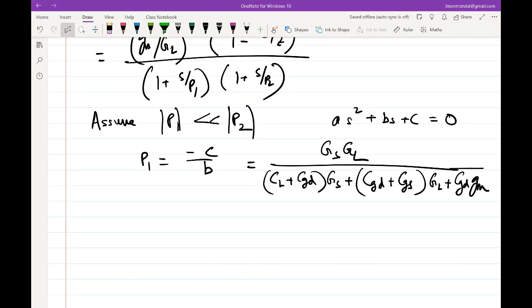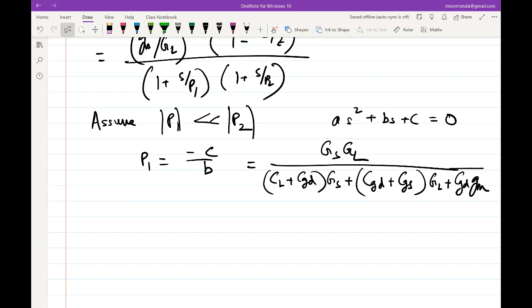So the other thing, why are we doing all these things? We are doing all these things with the hope that we can replace these second order expressions with a bunch of first order expressions, right? Which means we are trying to figure out if we can model our circuits as simple RCs, right? Bunches of Rs and Cs, first order RCs. So in a first order RC, what is the format of a pole? It's some conductance over some capacitance, right? 1 over RC, or since we are expressing everything in terms of conductance, it's conductance over capacitance,